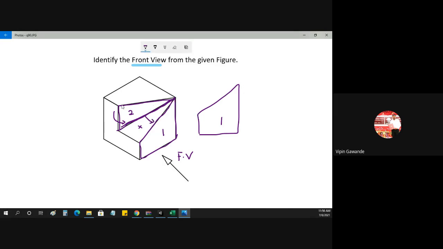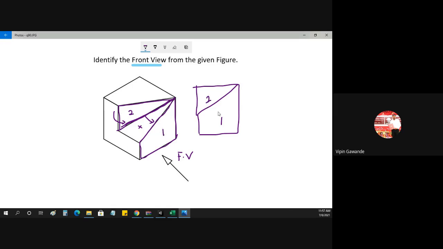Now what is the second line? The two lines are what? This is the vertical line. This inclined line becomes vertical, and then the vertical line here. So this is surface number 2. What have we drawn? We have drawn the first surface, and this is the second surface. That means this inclined surface, the triangle, comes on the top, and this is the first visible surface.